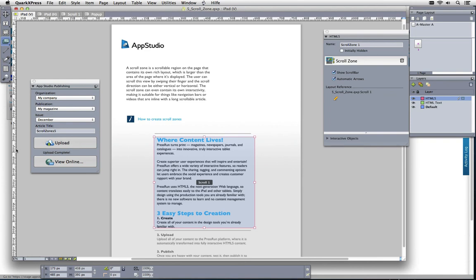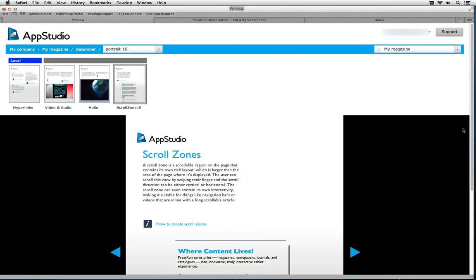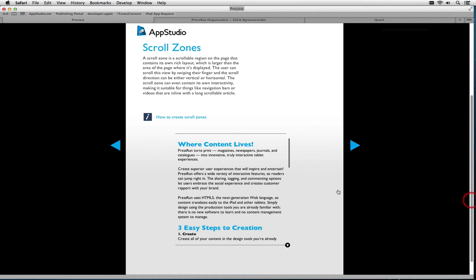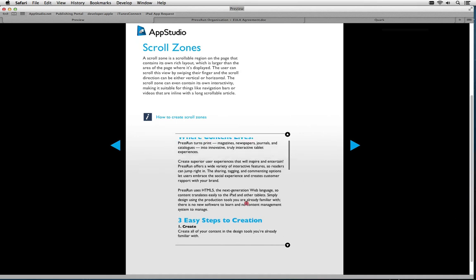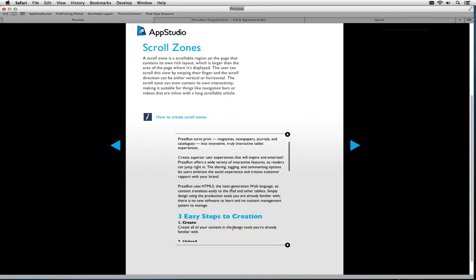Upload finished. Let's switch to the portal again. Wait a bit until this element shows here. If the browser doesn't notice this, you can just press the compile button. There's the element that I have here. Going to preview that. There's my layout with my scroll zone. Here's my scroll button, and you can see that I can actually scroll this up and down. So a really great way of adding more text onto your page without